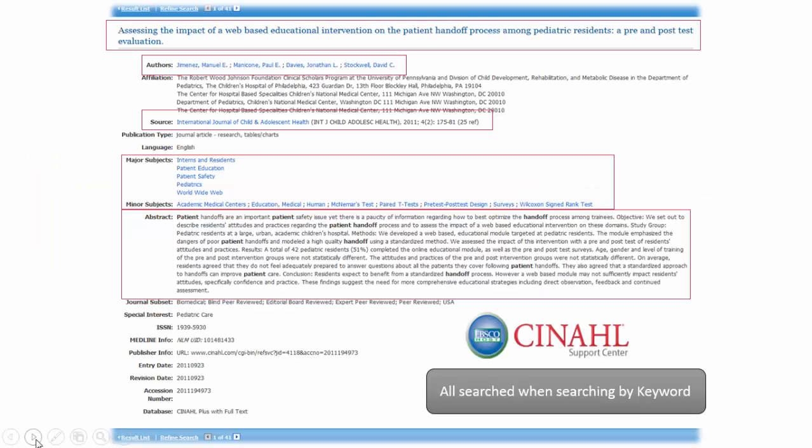The reason is because when you're doing that, the database is searching for that word or phrase in every field of a citation, such as the ones you see in red here. This will cause you to get a large number of results, and not always are those results totally related to